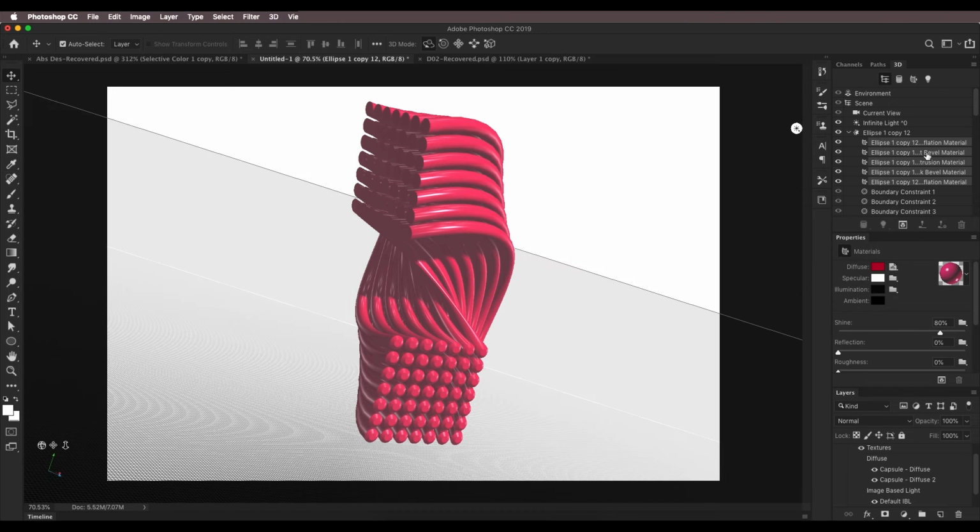Okay, and as you can see, I have selected all these material layers because I want to apply the same material to all these surfaces. So it's going to apply to every material, like the extruded material, bevel material, everything, it's going to be a single material. So after specular,